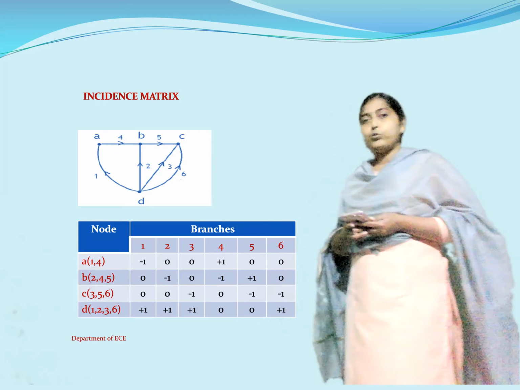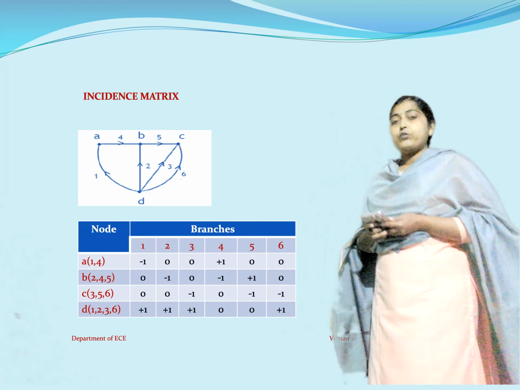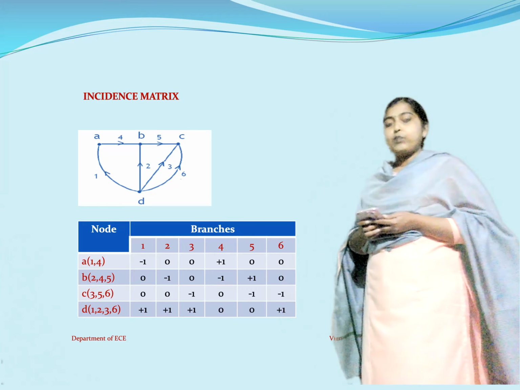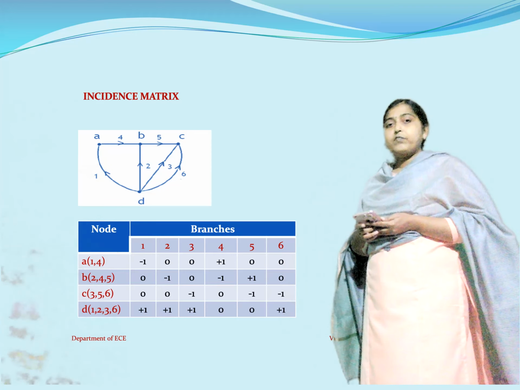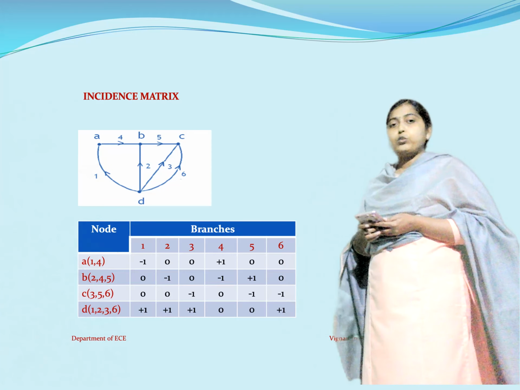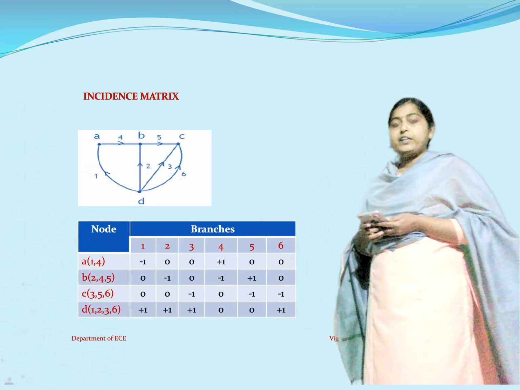Now what you have to do is you have to prepare a table like this. So I'll tell you how to fill this table, but before that, how do we write this table? Now first you write the node here, and below that you write vertically what are the different nodes which are present in this particular given network graph.